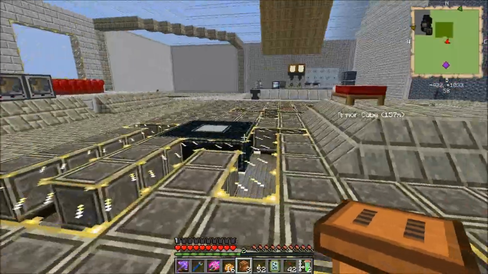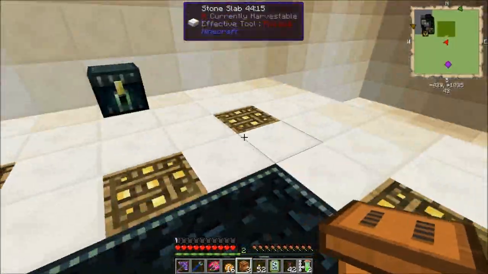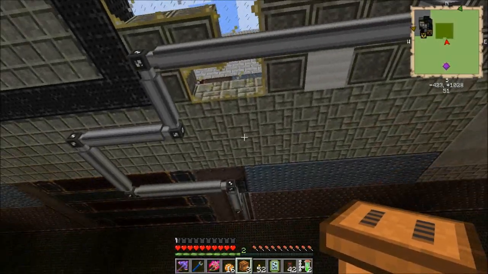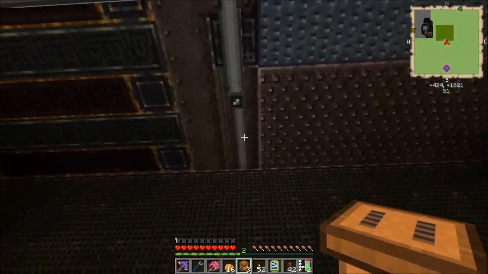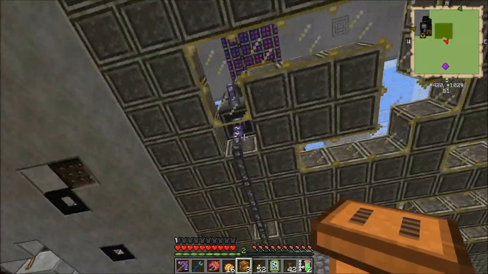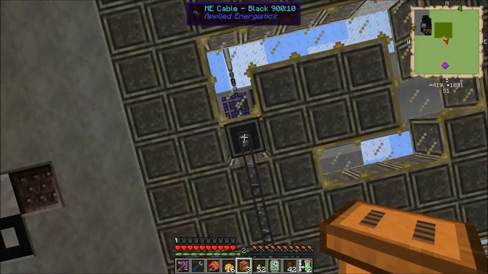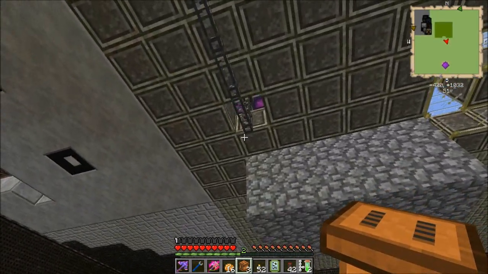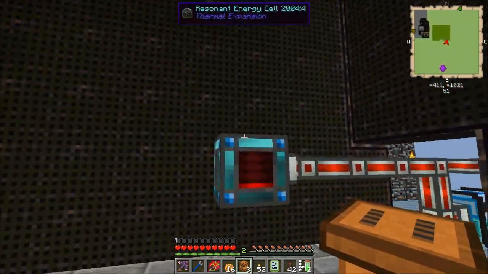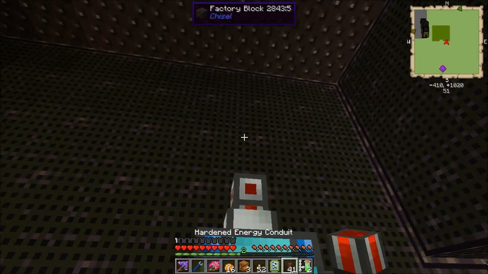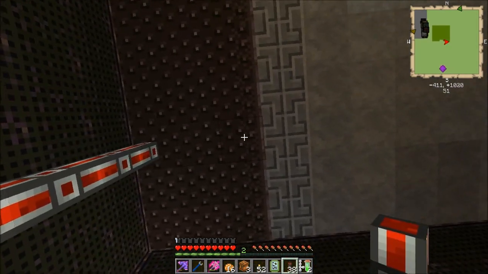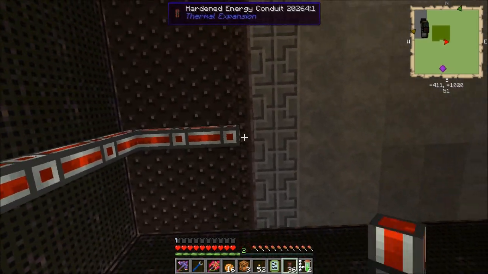Now, I'm eventually going to need a way to hook it into the ME system too, but we'll get there. The ME system actually runs down right through here in order to connect to that, but remember that this is not powered full time. This one, however, is now, so what we're going to need to do is connect into this part of the ME system. I want to have my conduits running into here from the ceiling. That way, I'm never having to worry